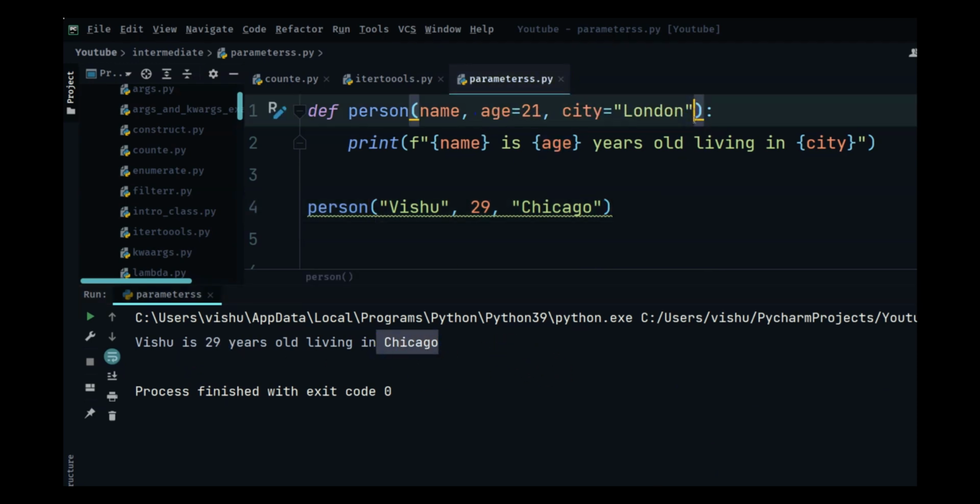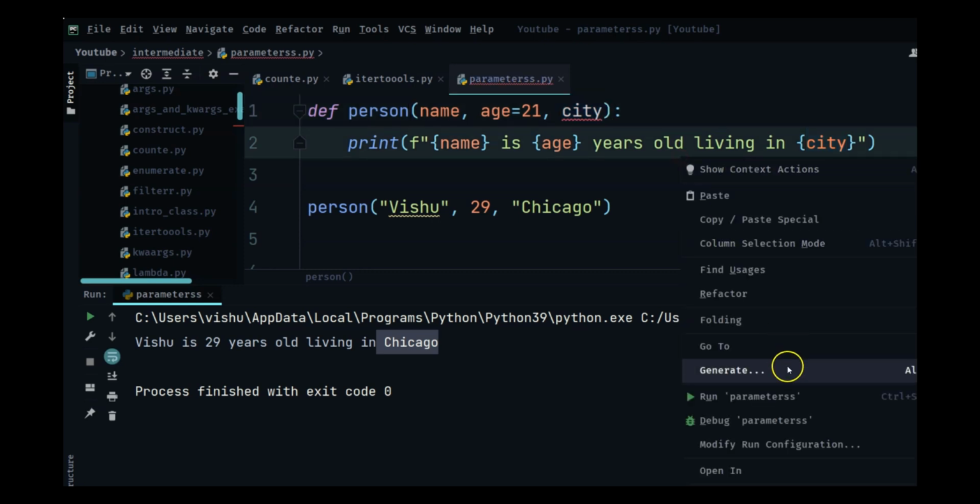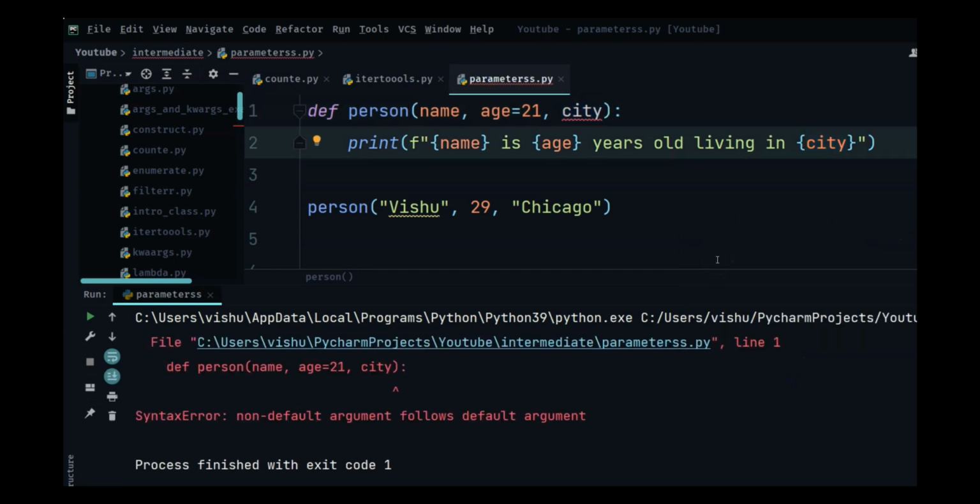Now what happens if I want to make age an optional parameter, which means that it has a default value, but I want city to be a required parameter, which means that you have to pass in the value? Now if I try to run, it's giving me an error. It is saying non-default argument follows default argument.